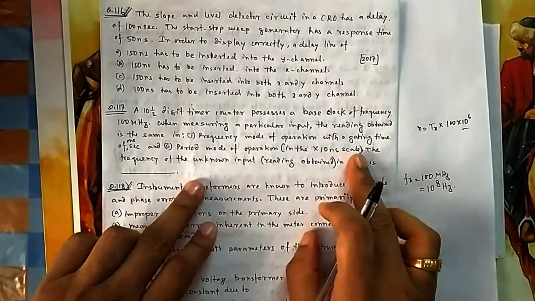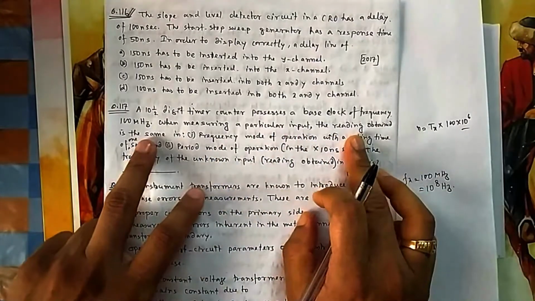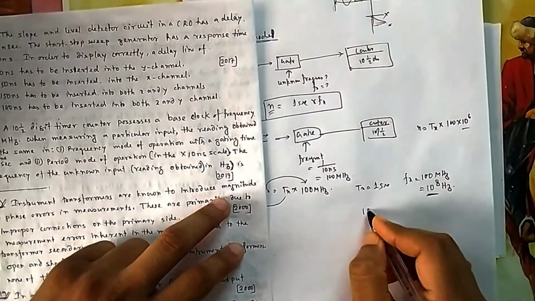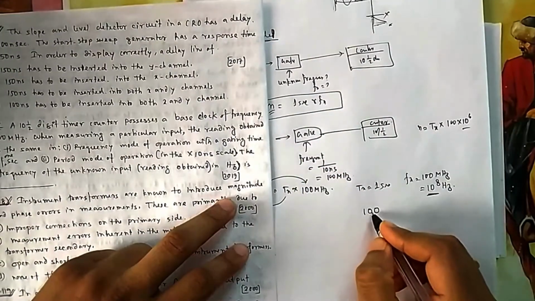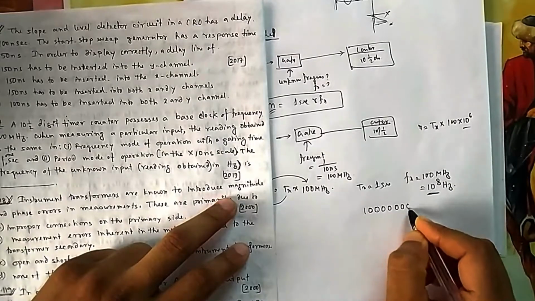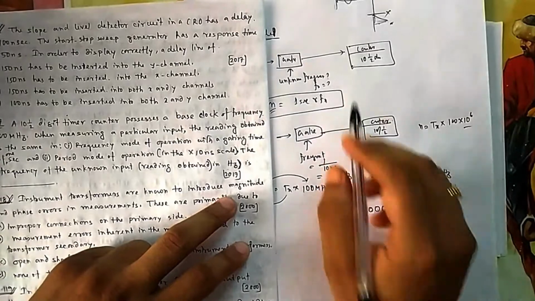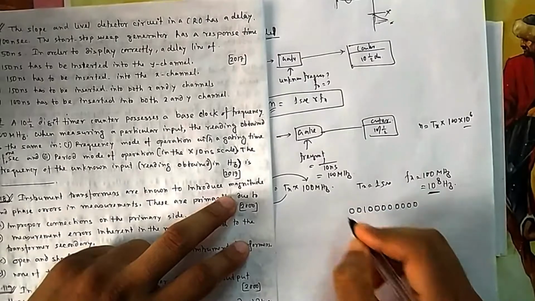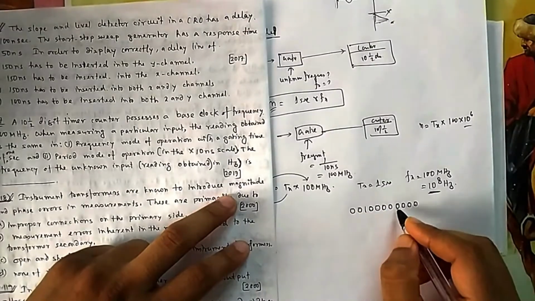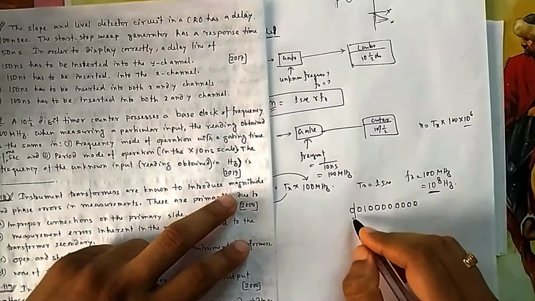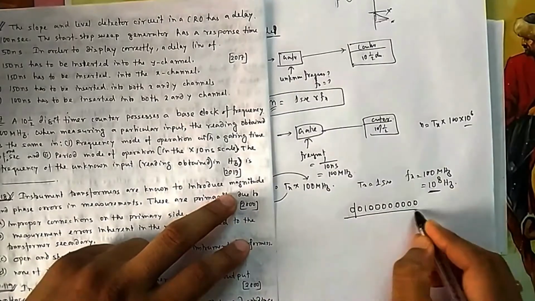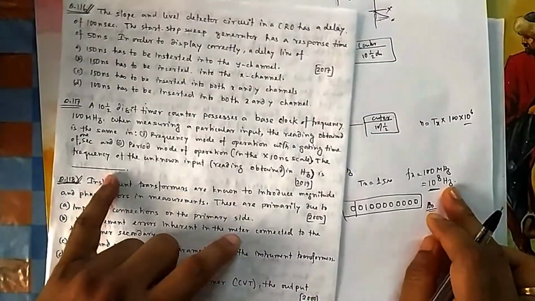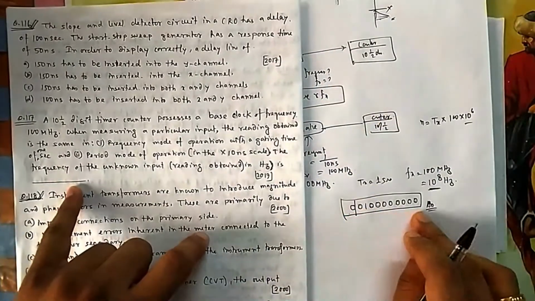They are asking the display, the reading obtained in the sync. So what is the reading you will get in 10.5? Because it is 10.5, so 10 to the power 8 should come. 10 to the power 8 means it should be 8 zeros, 1 2 3 4 5 6 7 8. Now because it is 10 and half, it should be of this fashion, 1 2 3 4 5 6 7 8 9 10, and this is the half digit. It should be either 0 or 1. So this will be your display. So answer will be this one, because it is fill in the blank, so you write this one, not 10 to the power 8. You have to write it in this way, in the display format. What will be the display?